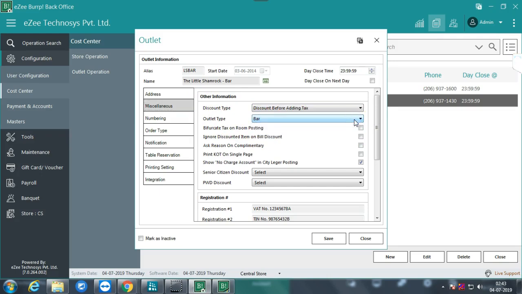restaurant. This is for which operation? The cost center. This is the outlet operation. But for the cost center,